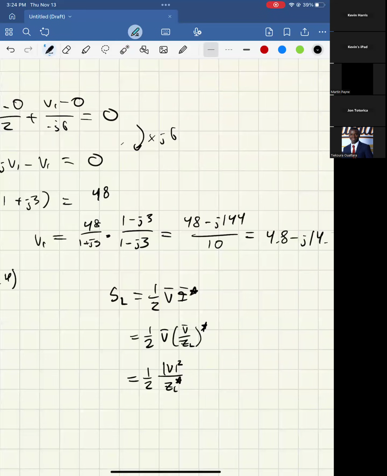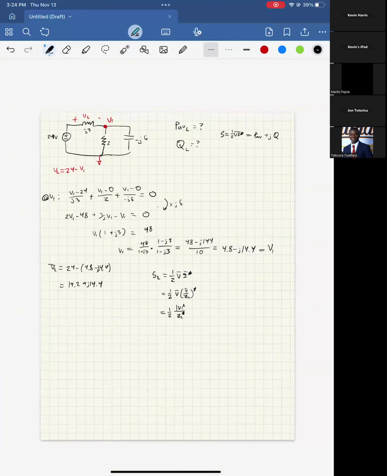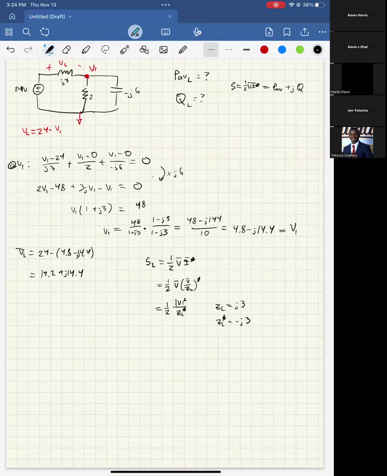Okay, so we're here, right? We have ZL. In this case, the Z is going to be whatever the equivalent impedance of the thing we're looking at is, right? In this case, it's just an inductor. So ZL originally is just J3. So ZL conjugate is going to be negative J3, right? And then we just found the voltage. So the magnitude of the voltage then